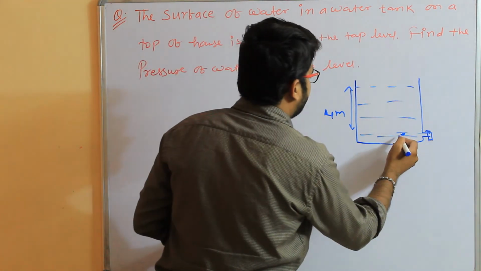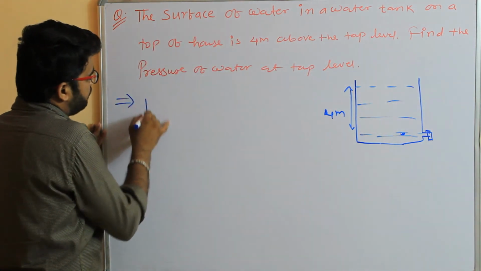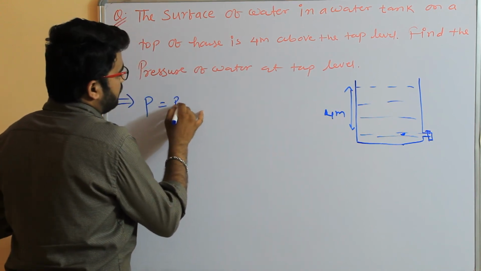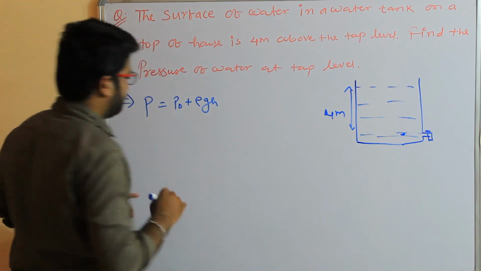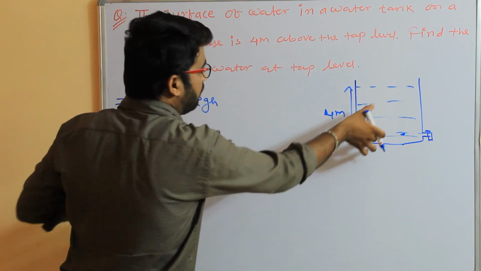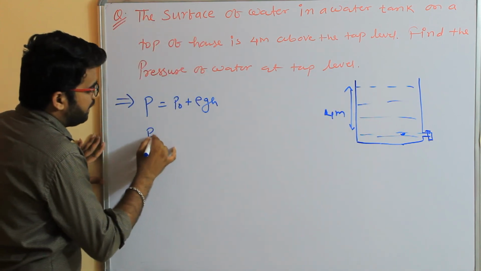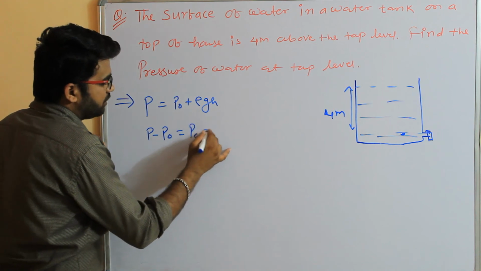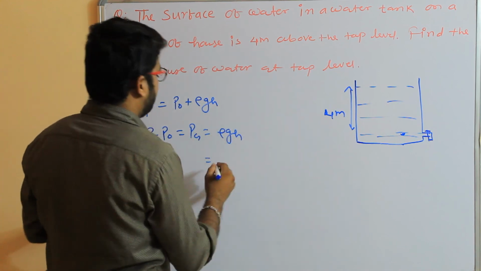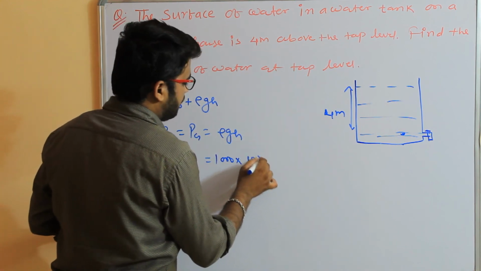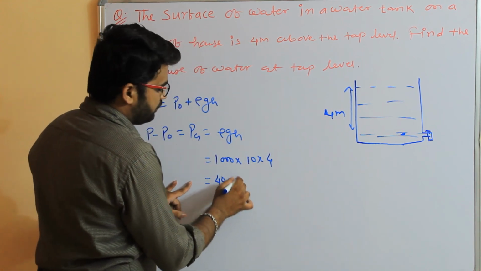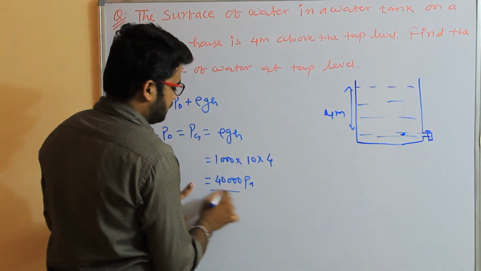So what will the pressure be here? This pressure will be equal to P naught plus rho g h, right? So this is the absolute pressure. As they are asking about the pressure, only the gauge pressure, we have P minus P naught, and that is equal to the gauge pressure, and that is equal to rho g h. Now rho of water will be 1000, g we can consider 10, and h given is 4, so we got here 40,000 Pascal